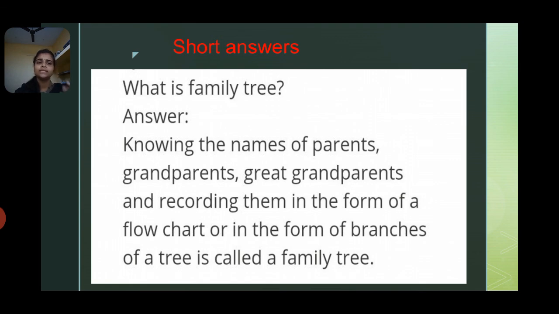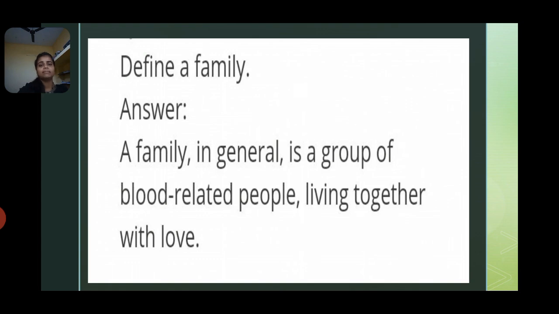So knowing the names of parents, grandparents and great grandparents and recording all their names in the form of a chart. Yes, how will it be? It will be in the form of a chart. So it is called a family tree. Define a family. A family in general is a group of blood related people living together with love. Yes, a family in general is a group of blood related people living together with love is called a